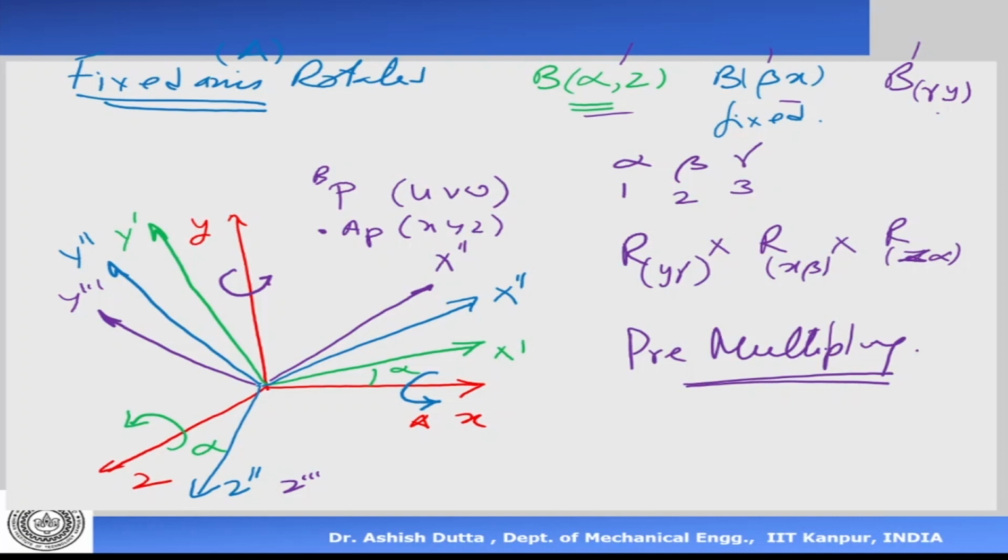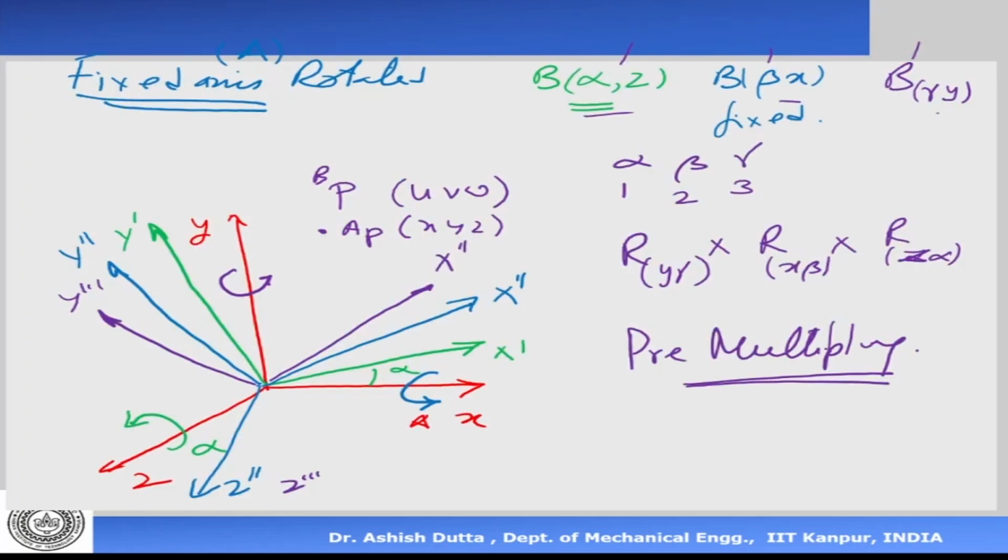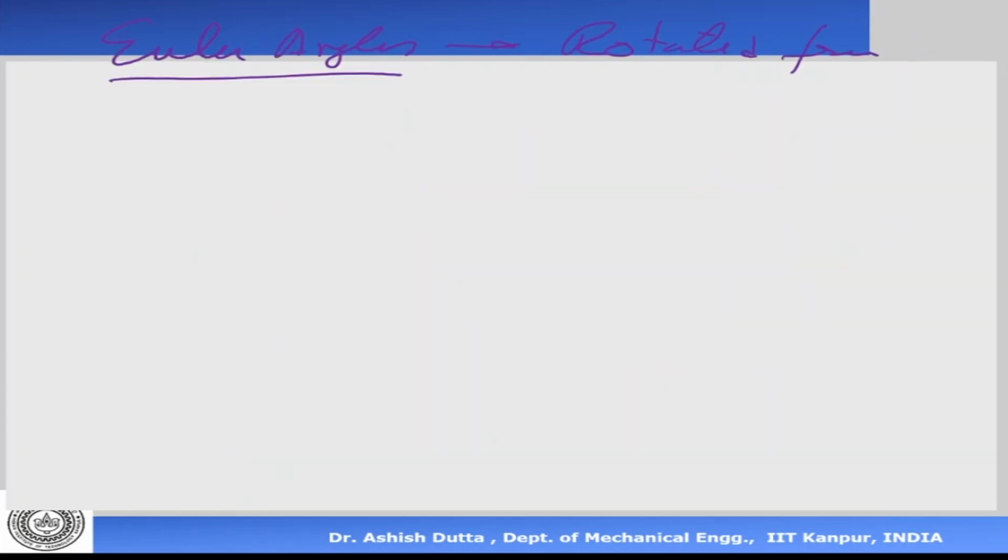Now this is called the fixed axis rotation. We can also have the Euler angles, or rotations about the rotated frame. Okay, so the previous one is also called fixed axis rotation. This is also sometimes called roll pitch yaw. This can also be called roll pitch yaw system of rotation, but it is always about the fixed axis. Please note, and you always pre-multiply. Okay, now there can also be rotations about the rotated axis, and these are basically called the Euler angles.